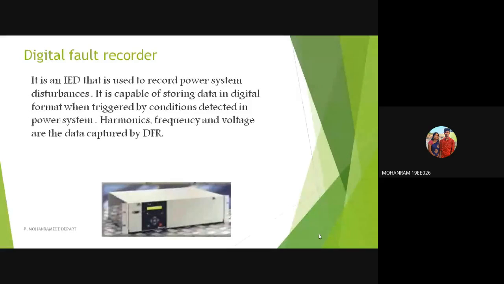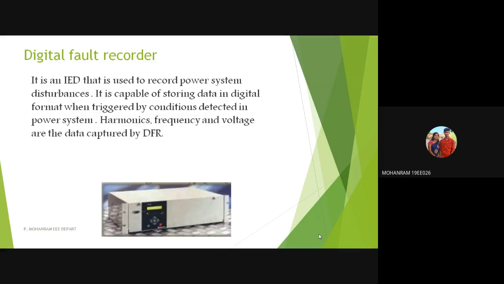Next, digital fault recorder. The name itself says if there are any disturbances in the systems or the substations, they will be recorded in digital form, and it is given to the human or the observer. So it is mostly installed in substations. It can record all the waveforms from higher waveforms to lower waveforms. All the high frequencies can be recorded by the digital fault recorder,